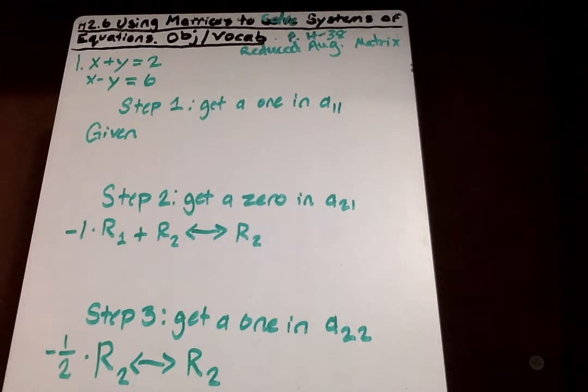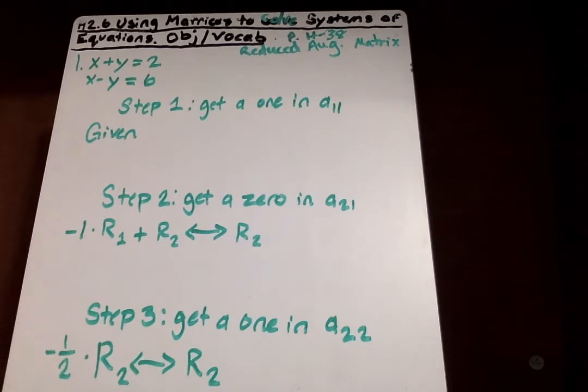Operations that produce row equivalent matrices: we can interchange row 1 and row 2. We can multiply by a non-zero constant, and we can add a constant multiple of one row to another row. Replace one equation by the sum of it with another, like you multiply something by row 2 and you add it to row 1 to get a new row 1, something like that. So here it goes through an example,